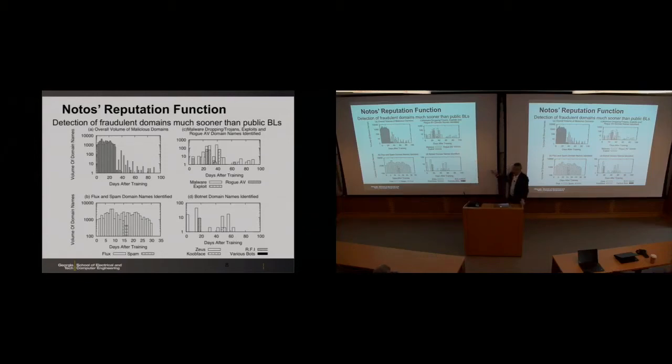A couple of years after we created a system like that, back when we created this system in 2010, malware tended to utilize a few domain names, one or two domain names for command and control. Okay? So the malware author would compile into the binary one or two or three domain names. If the first domain name gets flagged, it will use the second. If the second domain gets flagged, it will use the third, and so on and so forth. After this was implemented in a large telecommunication company in the States, we saw this: